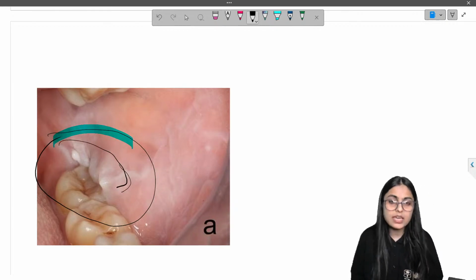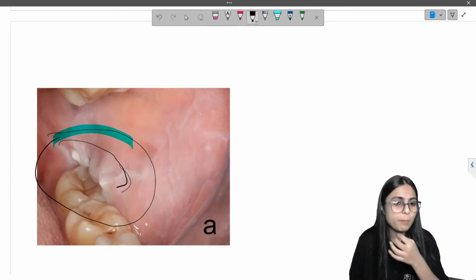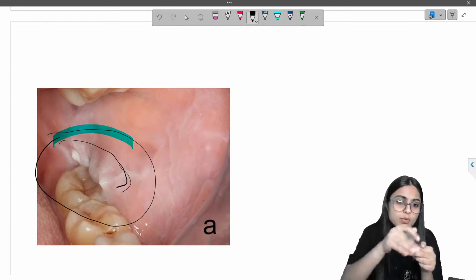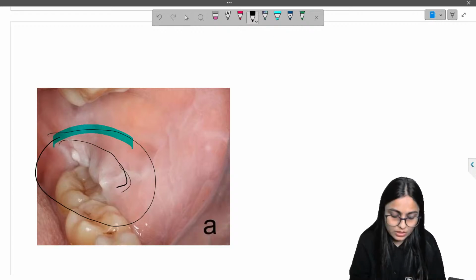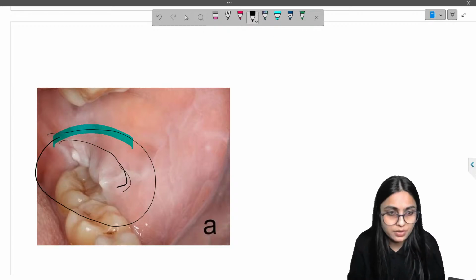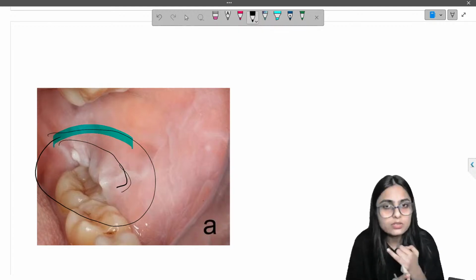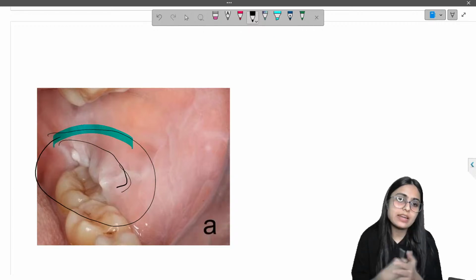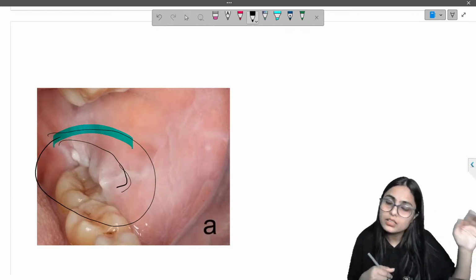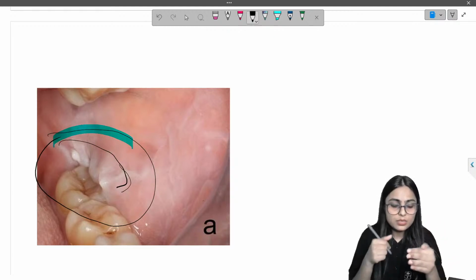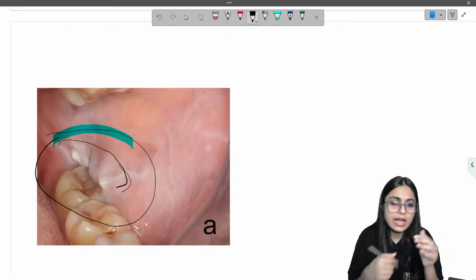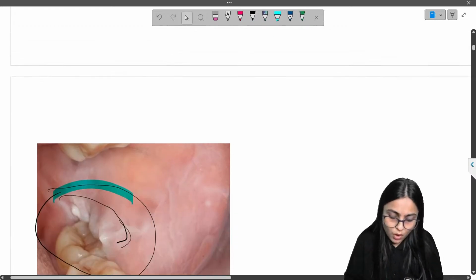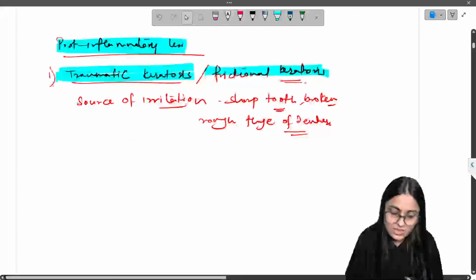You will see this in many patients with impacted third molars, right? If you notice the mucosa around that impacted third molar, you will notice this increased keratinization. This is nothing but traumatic keratosis or frictional keratosis. This is due to continuous friction, the same mechanism as in the linea alba, between the tooth and the mucosa. And the most common causes for frictional or traumatic keratosis is